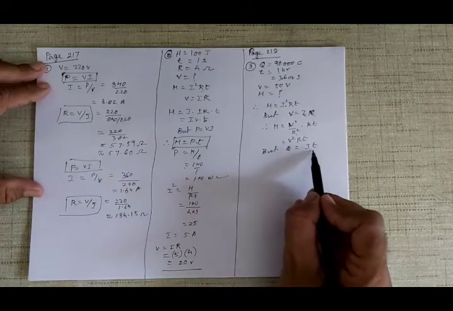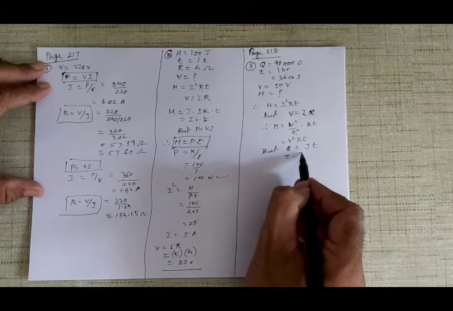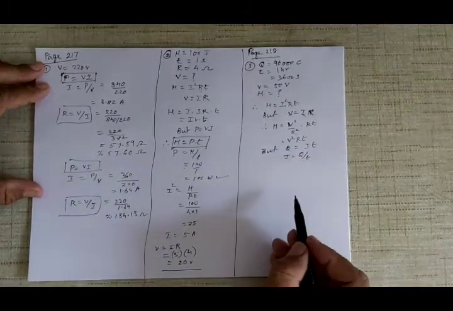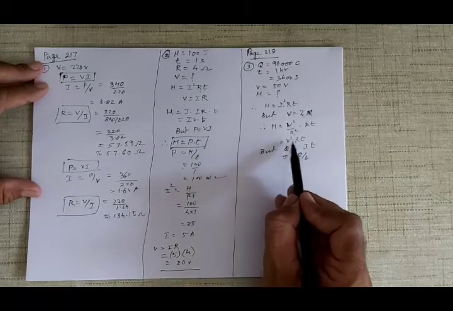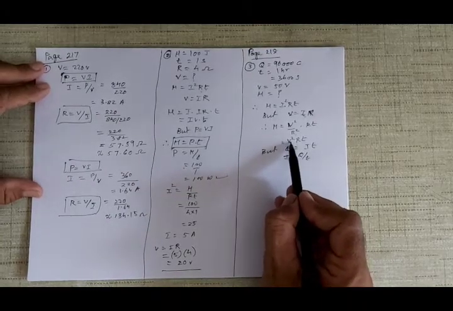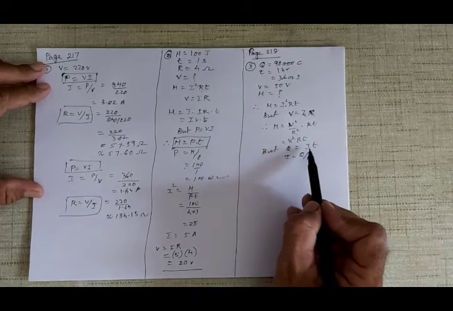So Q is equal to I into T. I we don't know, Q we know. So I is equal to Q upon T. In place of I, we can put Q upon T. And therefore, V square R into T. V is 50, resistance is not given, so we can calculate resistance.